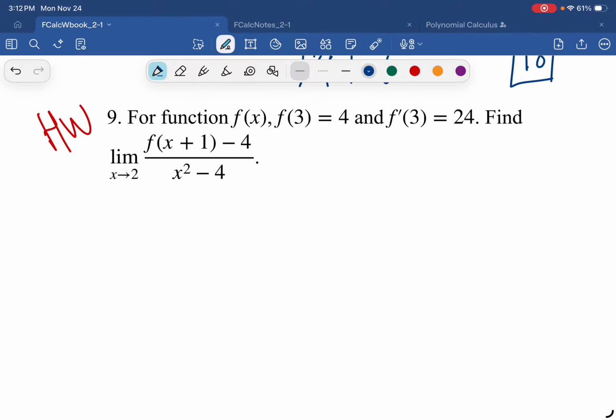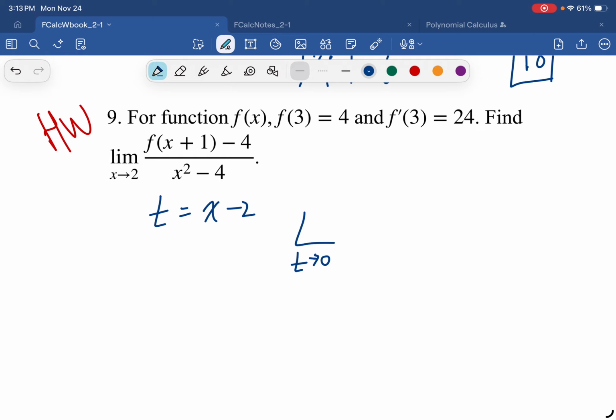So we talked a lot about substituting. So what I'm going to do is I'm going to make this go to 0. In order to make this go to 0, I need to substitute, if x goes to 2, then x minus 2 would go to 0, right? So I'm going to substitute t equals x minus 2, and then the limit can be rewritten as limit t goes to 0 of,